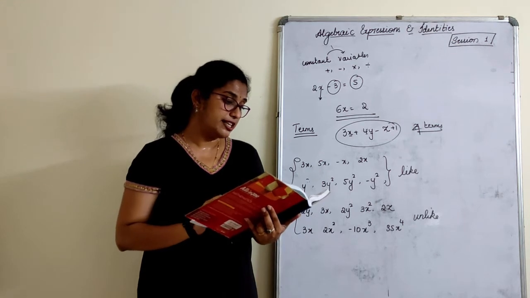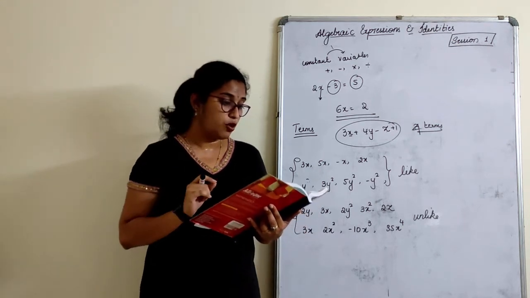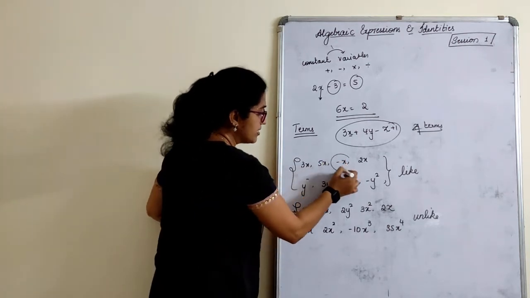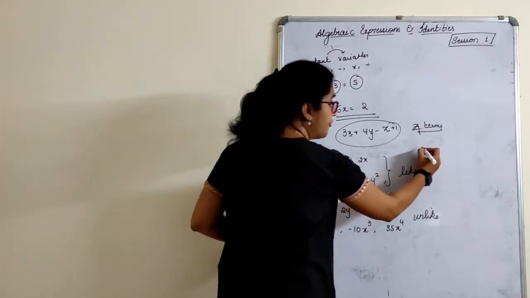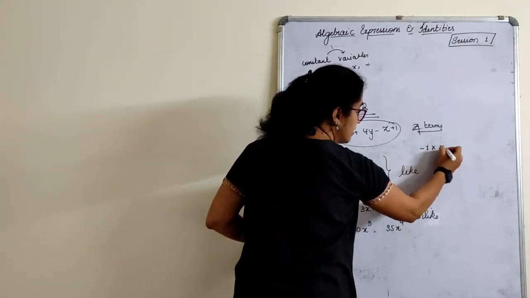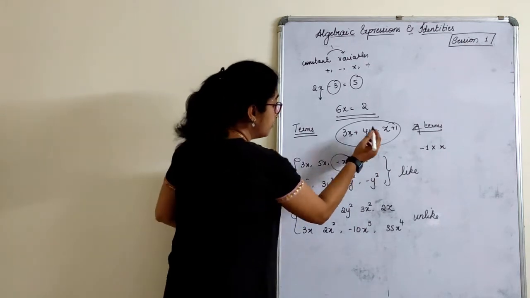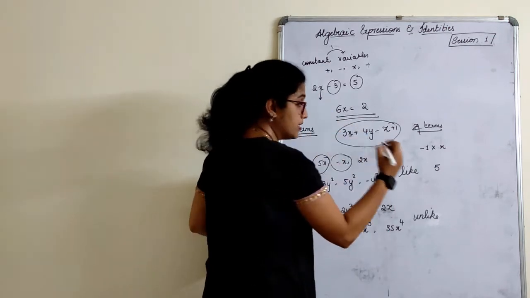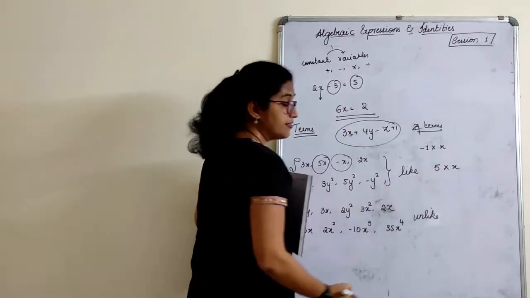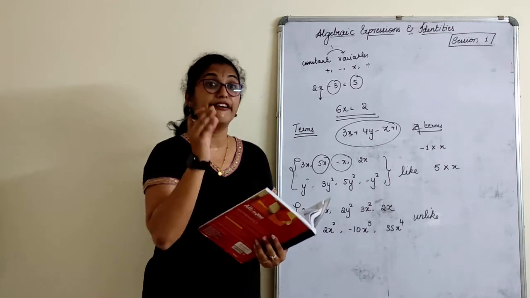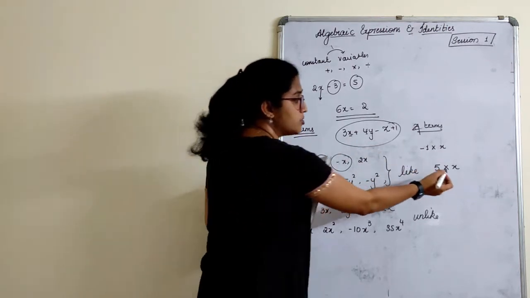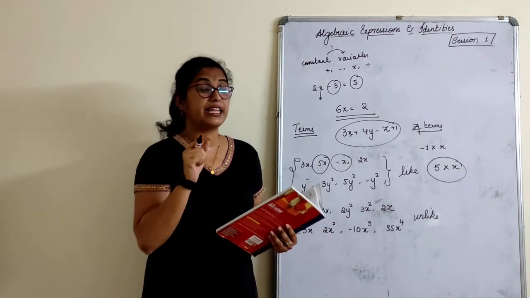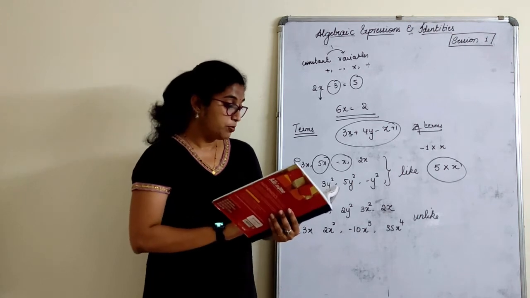Each term in an algebraic expression is a product of one or more numbers and literals, and these are called factors. Here I say this is a factor. It is a combination of a constant and a literal factor. Take this term: it is a combination of 5, a number, a constant, and a literal factor, which is also called a variable. So together, a combination of a constant and a variable is called a factor.